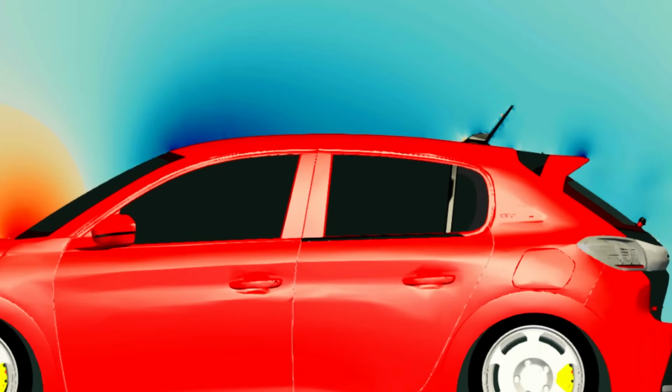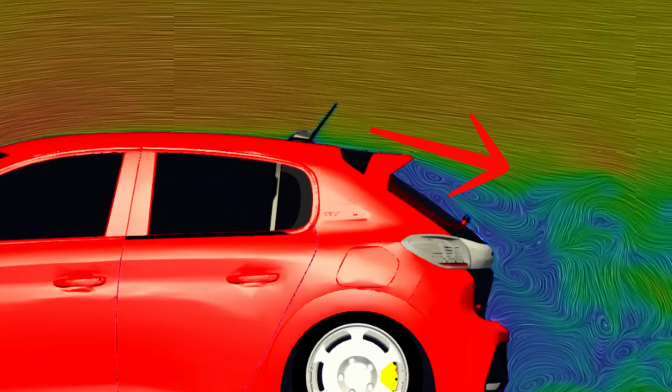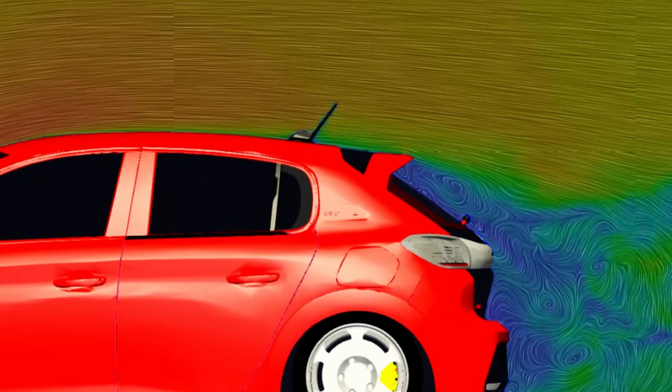For regular cars, as you travel over the roof, the pressure increases. The more it increases, the more it pushes back onto the oncoming flow and decelerates it. That makes the boundary layer much thicker, and not in a good way. The thicker boundary layer means the flow near the surface has less energy, so when the flow enters the wake created by the car, it can't impact it as much. Here, Peugeot really improved this problem area, coming back to the pressure distribution over the roof, because it is more